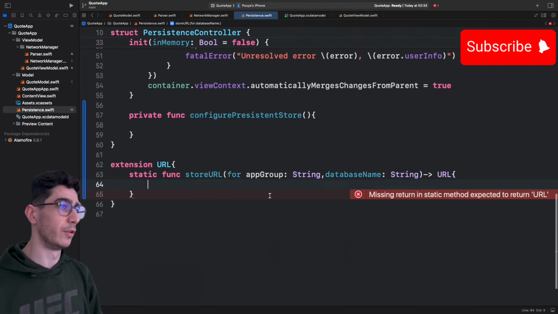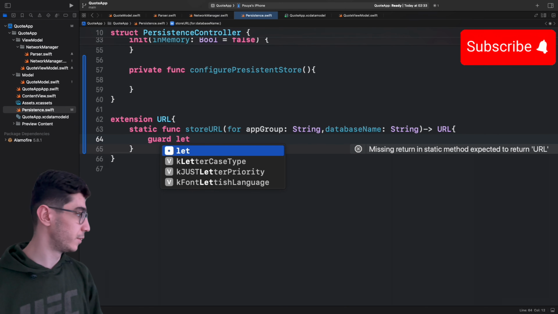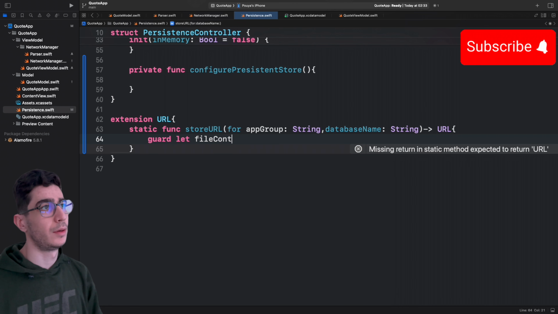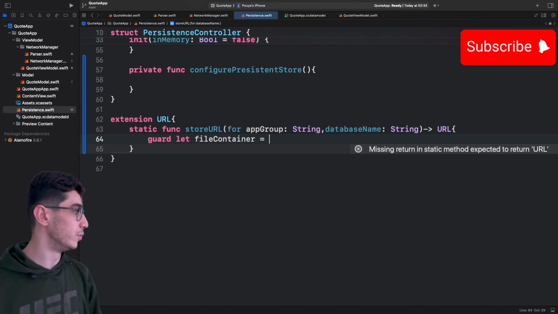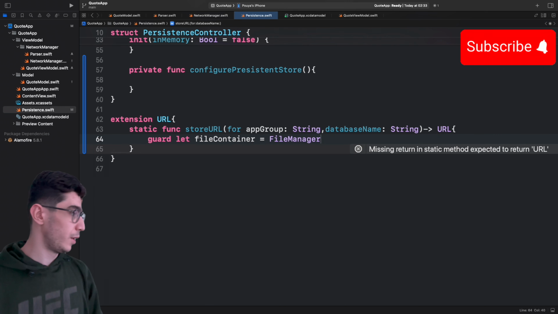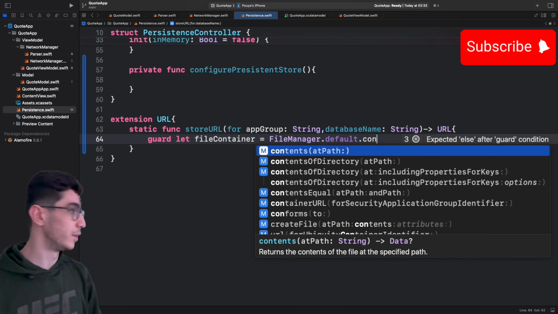And here we have guard let fileContainer equal to FileManager.default.containerURL,